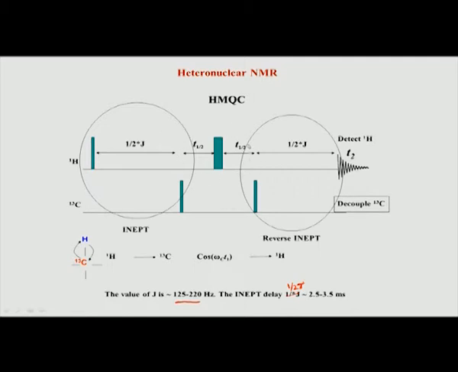And what is this part? This part is basically the indirect vertical axis dimension. Okay, so in the 2D. So, again let me draw it as an example or a schematic. So, 2D is like this, you have carbon 13 here, this is called T1 or we use the word F1, and this is proton, this is T2 or we can call it F2, F2 meaning frequency.